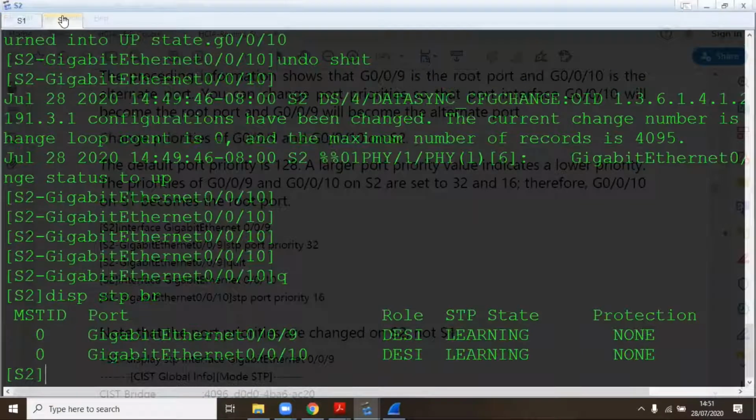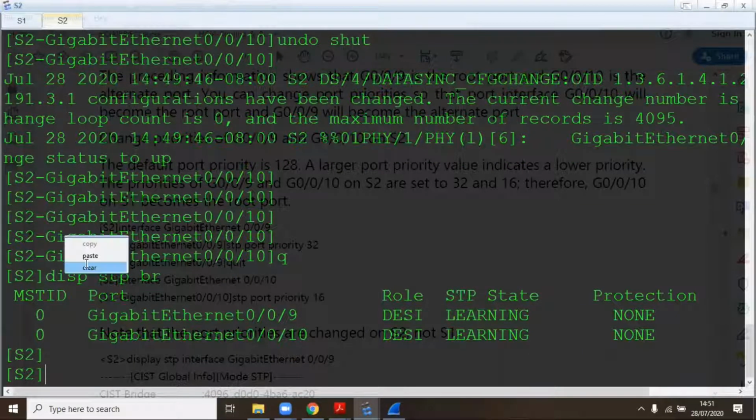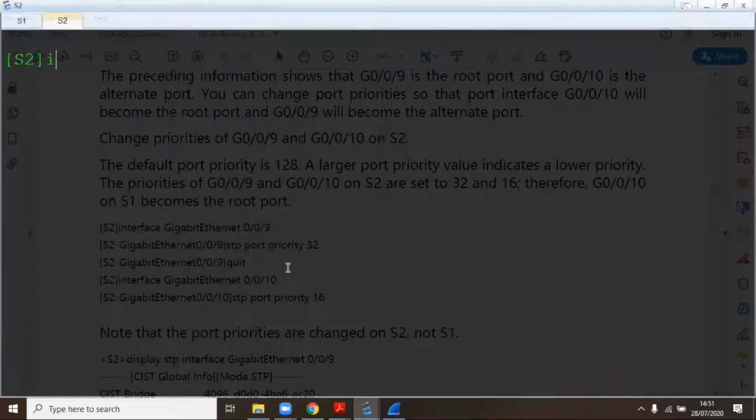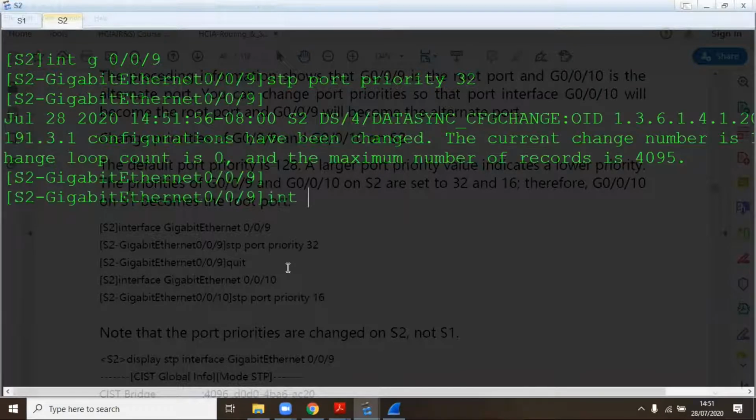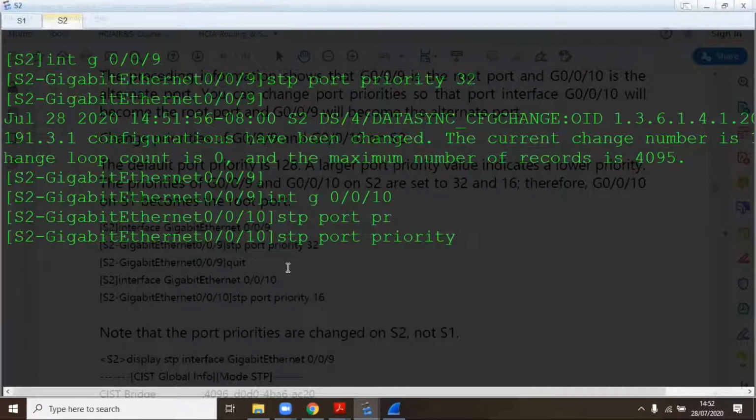You come to S2. Let me clear this. So you come to S2, then go into, for example, int G0/0/9. Then you do STP port priority. So we want to configure this with a higher value than 10, than interface 10. So int G0/0/10. So for 10, we want to configure it with an STP port priority of 16. So whoever has a smaller port priority value will now become